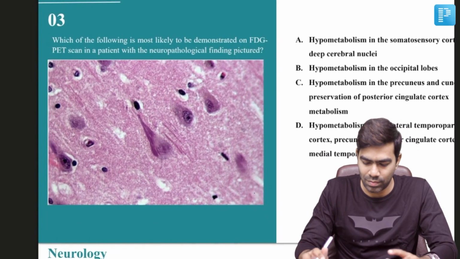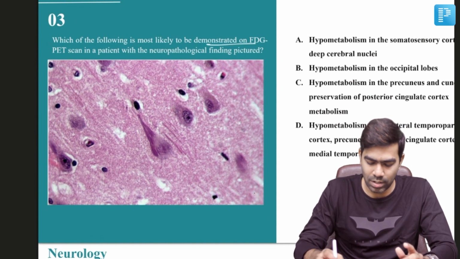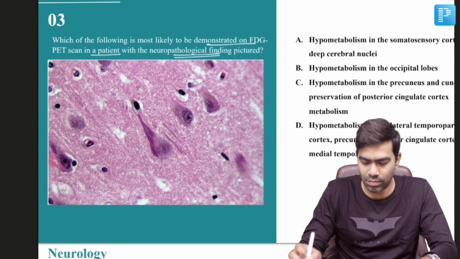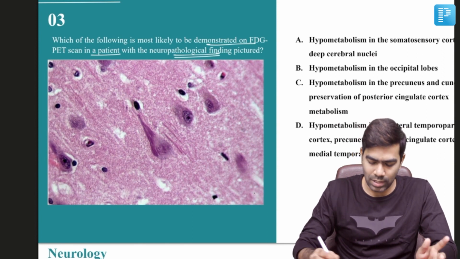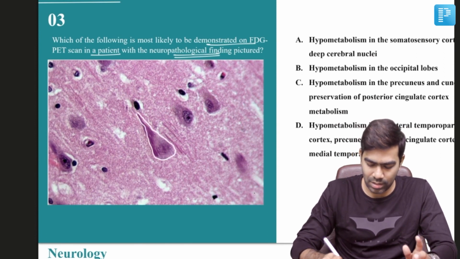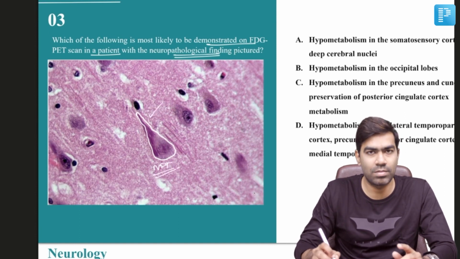Coming to the third question. Which of the following is most likely to be demonstrated on FDG PET scan in a patient with the neuropathological finding pictured below? What I'm seeing here is very characteristic of a neurofibrillary tangle, as we know, NFT, because it's flame-shaped